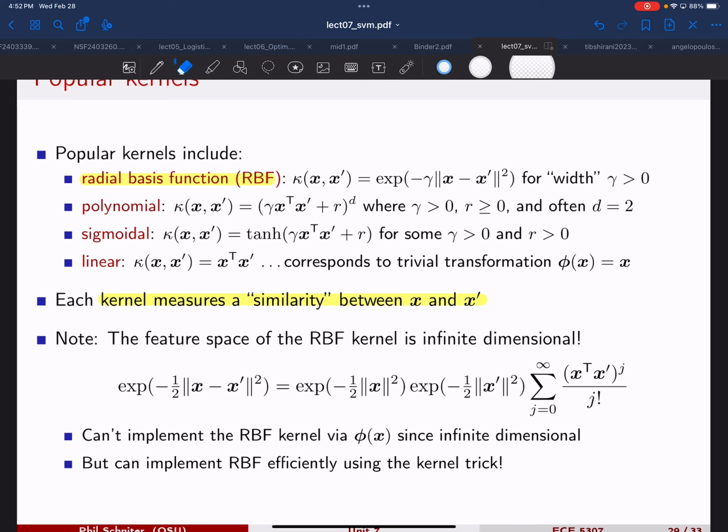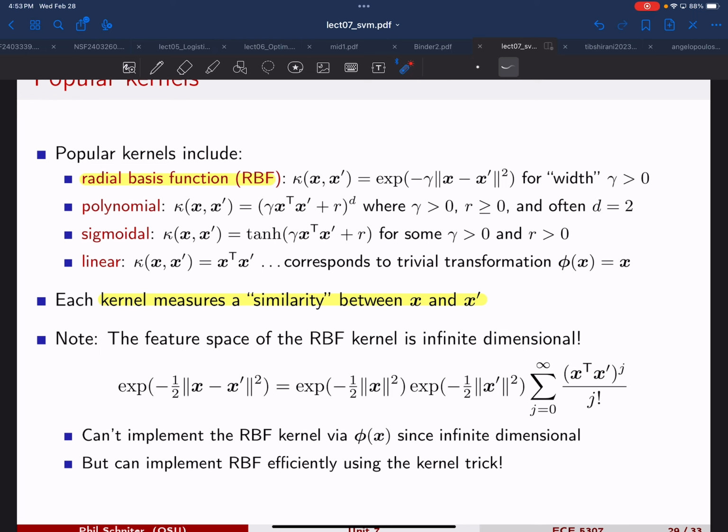As we just saw, let's say that you have a trivial transformation. That's how we started with, for the SVC. So phi of x is just x. Well, in that case, the kernel is just the inner product between the two different x vectors. So as we know, the inner product measures something about the orientation. So if I have orthogonal x and x prime, I get 0 for the kernel. Okay. If I have non-orthogonal x and x prime, I get some